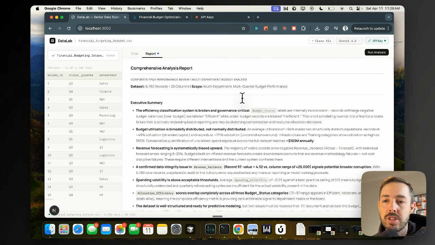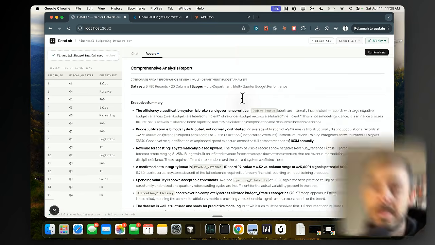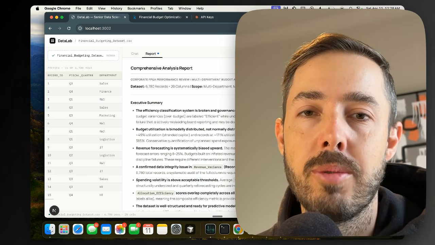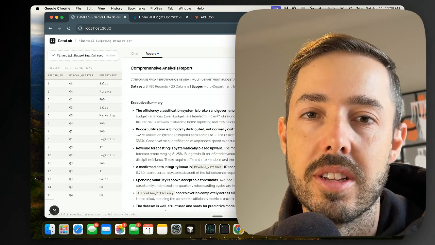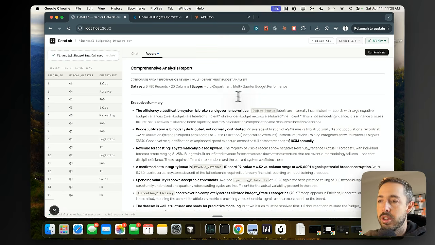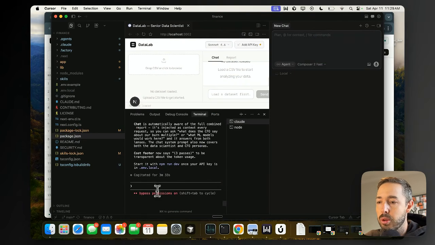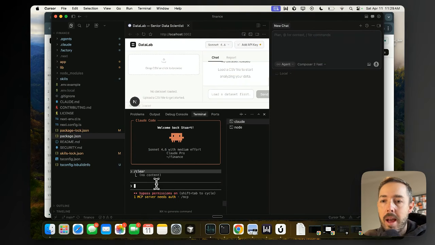But this is of course just the first run. We've essentially got this up and running in 10 minutes, so it might not have everything you need. But this is where, if you're working with Claude Code, you can supercharge this. What I'm going to do is copy this analysis report, and then I'm going to come back to Claude Code, clear the session. I'm going to paste the analysis back into Claude and ask it to use this data to